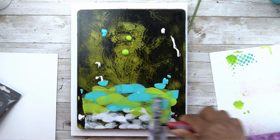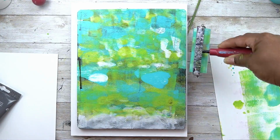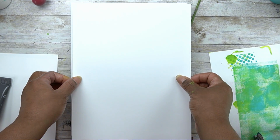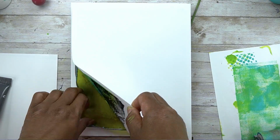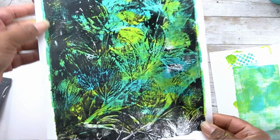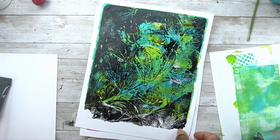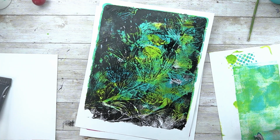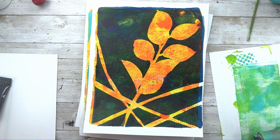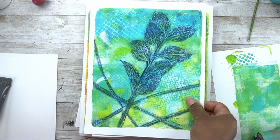It's a bit messy, a little darker than the print that I would do, a purposeful print that I would do. But, you know, with gel printing, it all works, right? I'll no doubt be able to use this print for something. And as you can see, there are some pretty identifiable leaf outlines there. So here is the recap of our short little printing session. But I was able to get some really cool designs just using the old leaves from my once beautiful flower